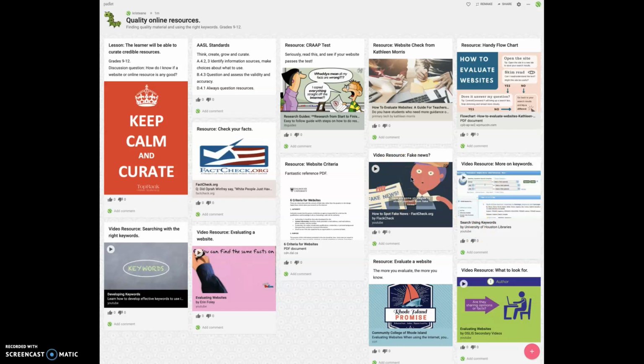With that in mind, the last resource I want to point out to you is a link to factcheck.org. Remember, anyone can post something on the internet, and these resources inform you how to filter through what you find. Several resources mention that you need to check your facts. So take a look at factcheck.org.